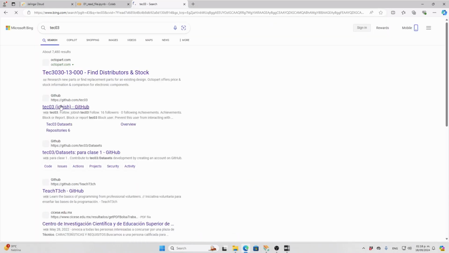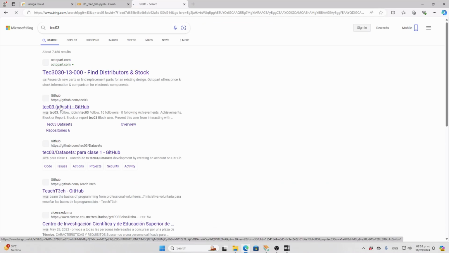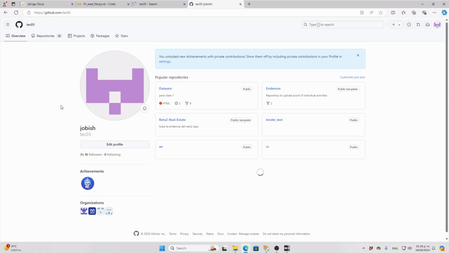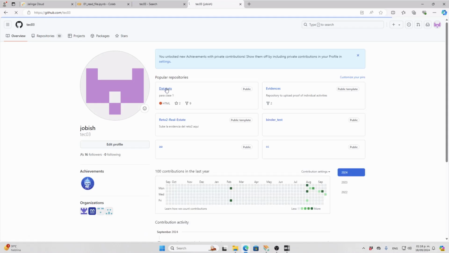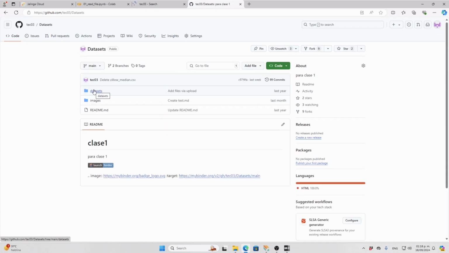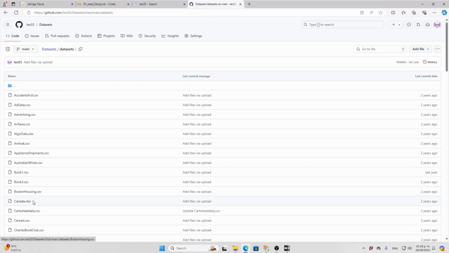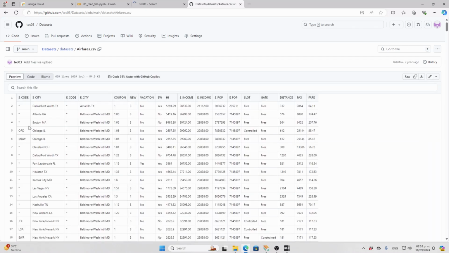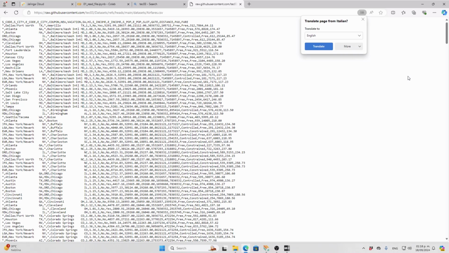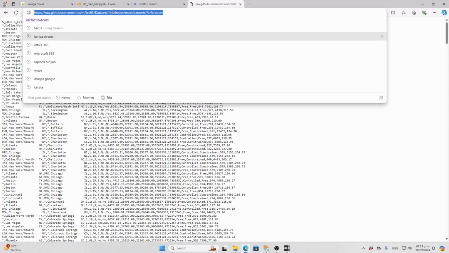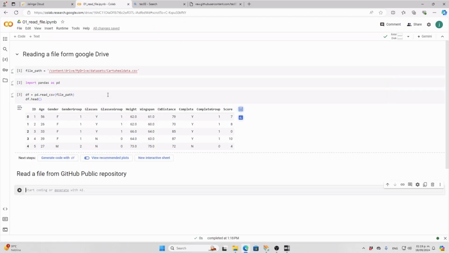If you search 03, you will find my public repository in datasets. You can see many. So let us see algo data or airfares. So in airfares, click on raw. So we see this raw, copy this file path,